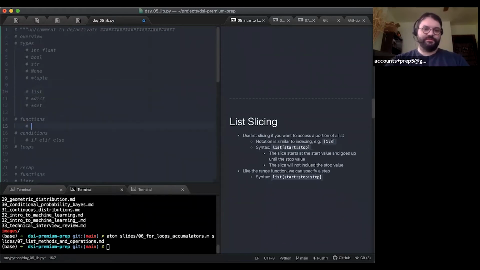So functions allow us to encapsulate. Encapsulate, that was the word. When I was trying to write this last class, I was like, wait, there's a word that I always use to describe this. I couldn't remember encapsulate. So this allows us to encapsulate a process. We can create a container for the process, write the process or write the algorithm once, and then utilize that algorithm wherever we want in our code without having to write the whole thing from scratch every time.